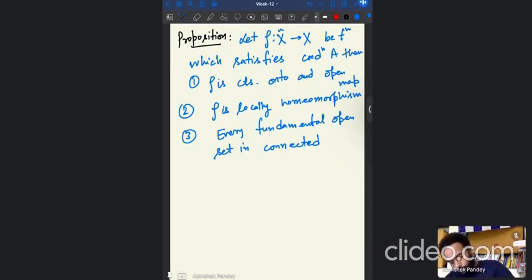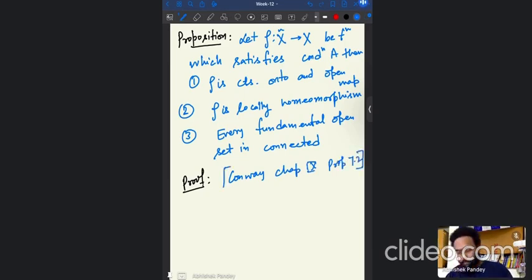So for the proof, one can go through it; this is also in the lecture notes, Conway chapter 9, proposition 7.2. These are the properties of this one. Proving the first and second is rather easy; you don't have to do that much. Okay, so keeping this in mind,